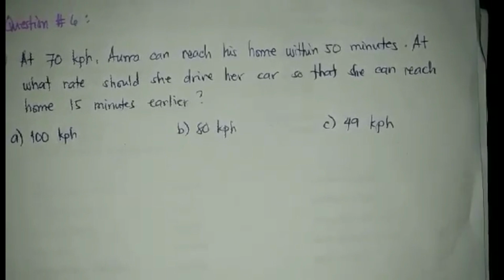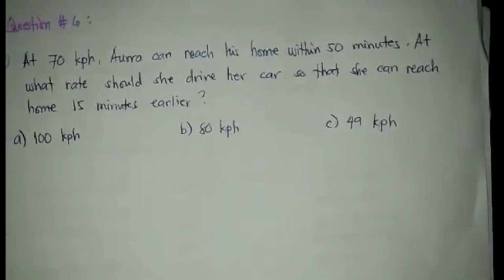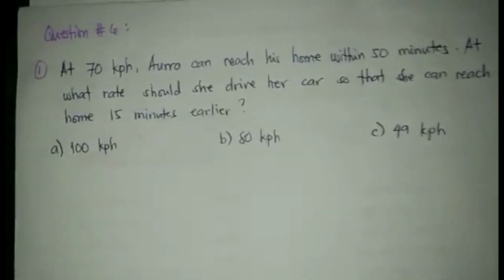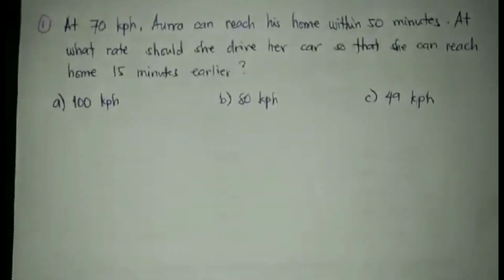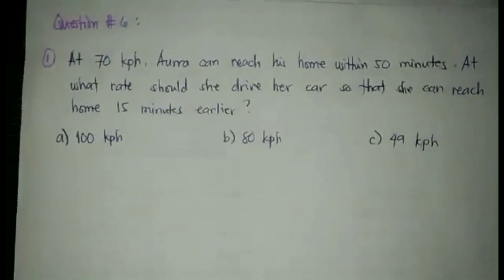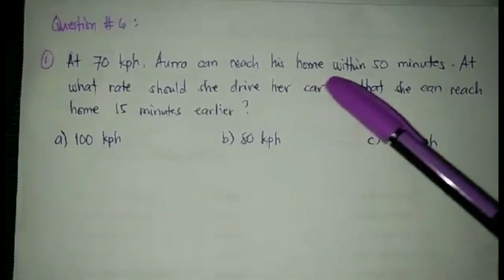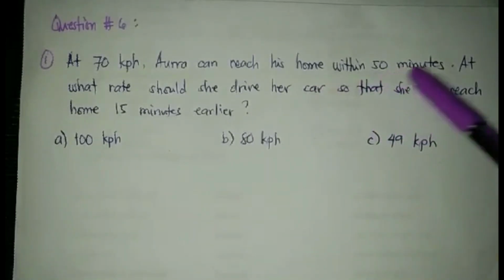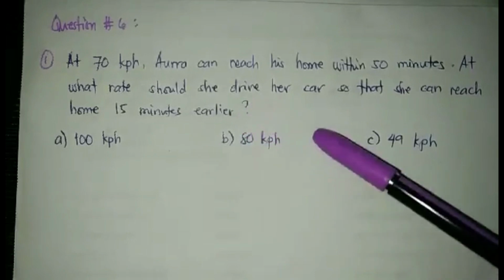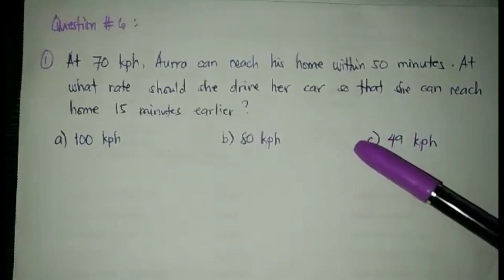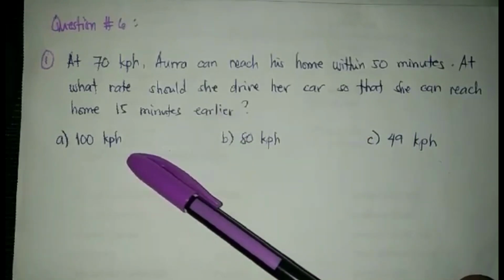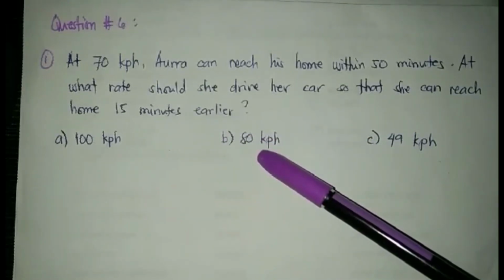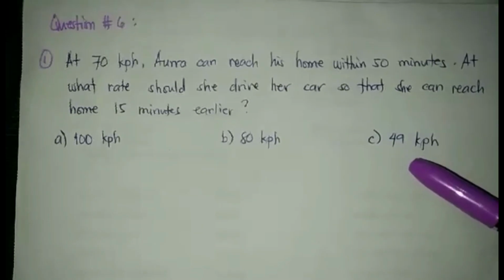Okay, mga ka-basic, so here's question number 6. At 70 kilometers per hour, Aura can reach his home within 50 minutes. At what rate should she drive her car so that she can reach home 15 minutes earlier? Is it letter A, 100 kilometers per hour, letter B, 80 kilometers per hour, or letter C, 49 kilometers